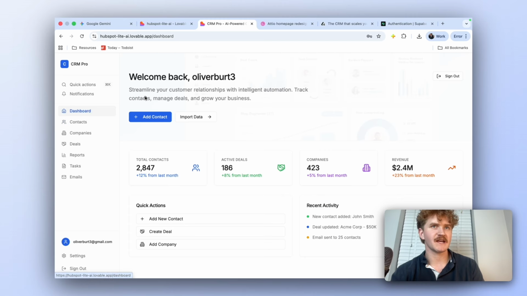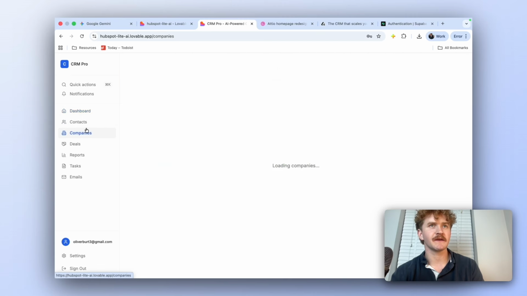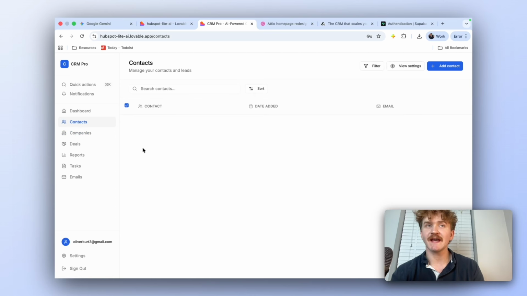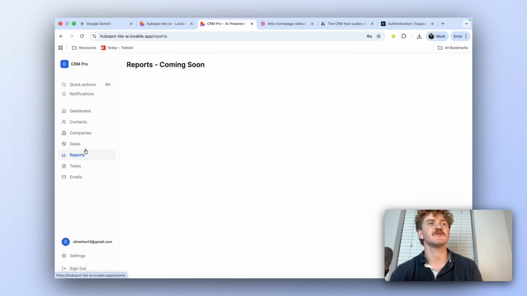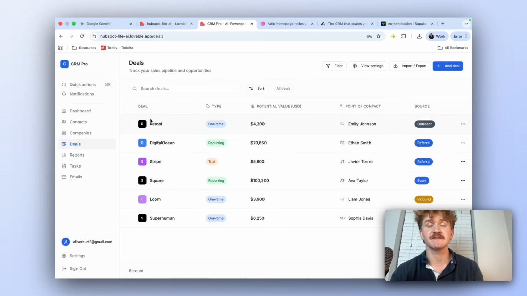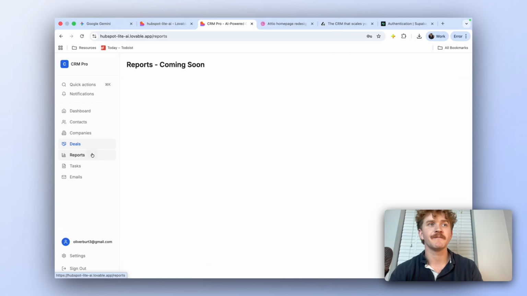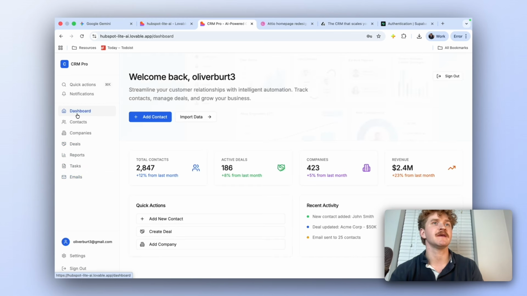So dashboard, all of this stuff is fake. Companies, got no companies. Contacts, got no contacts, which is great. So it's actually calling upon Supabase to tell us if we have any companies and contacts. We've got deals in here, which is a bit weird, which means that deals is not pulling from Supabase, because remember, guys, it should be blank. Reports, tasks, emails, whatever it may be. So the first thing we need to do is, okay,